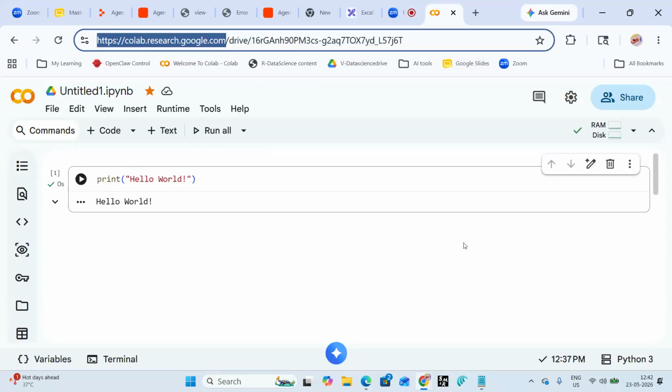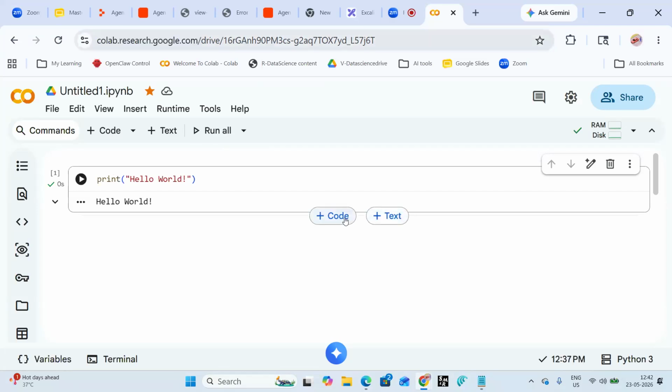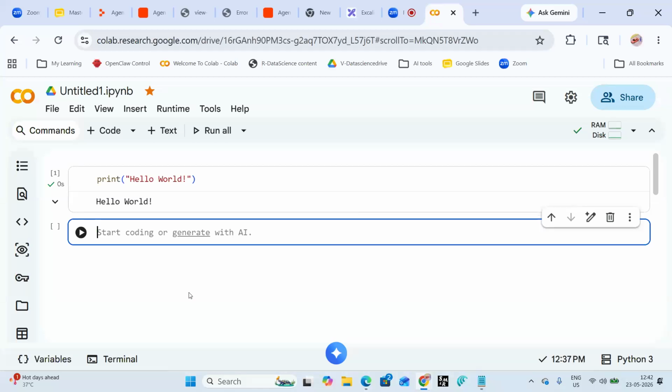Okay, this is our first code where we run. Now if you write a first code and want to write one more code, you just hover your mouse on this cell. This one we call a cell, and you have two things: code and text. Text is not required, so I will go with code only. I'll click on code. Next time I'm writing my next code here. So x = 10.